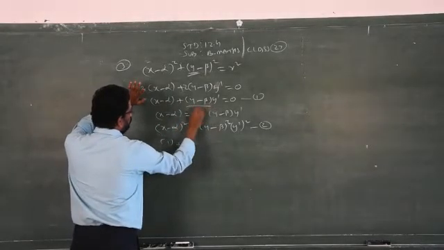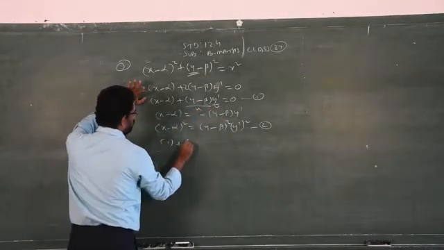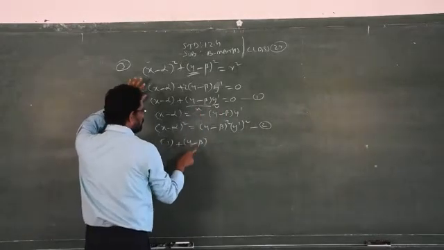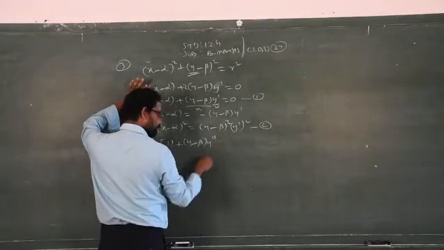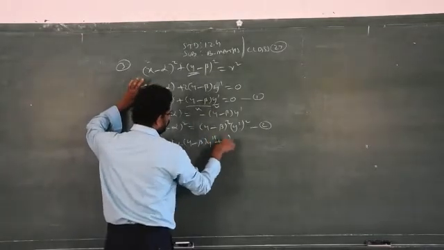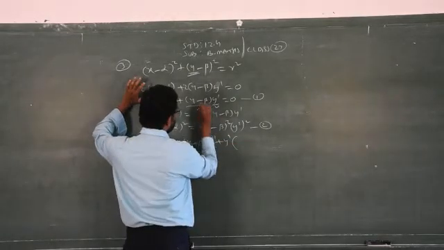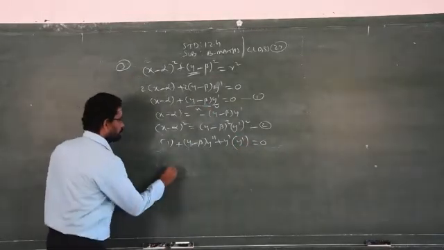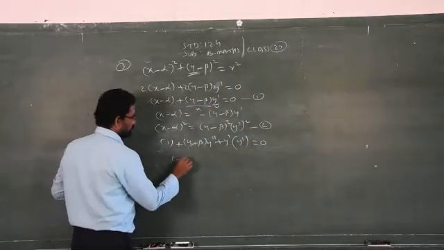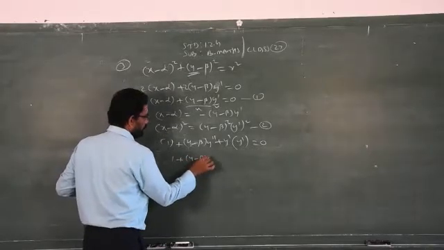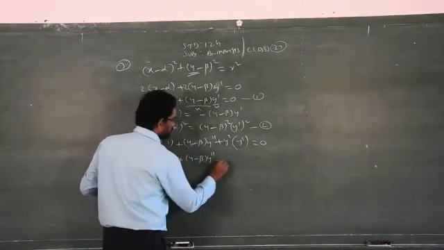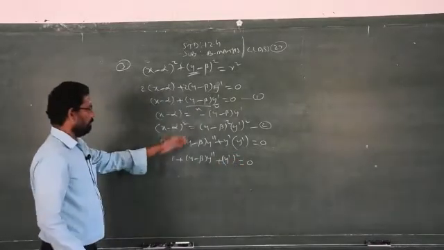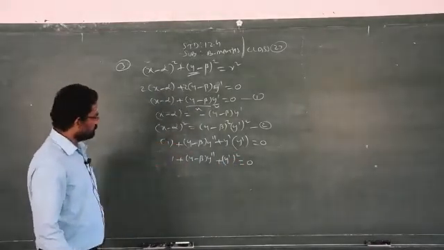Using the UV method, y − β, you keep the first one as it is, and y' will become y''. Then keep y' as it is and differentiate y, which will become y'. It is equal to 0. So 1 plus (y − β) y'' plus (y')² is equal to 0. I am just applying the normal procedures.